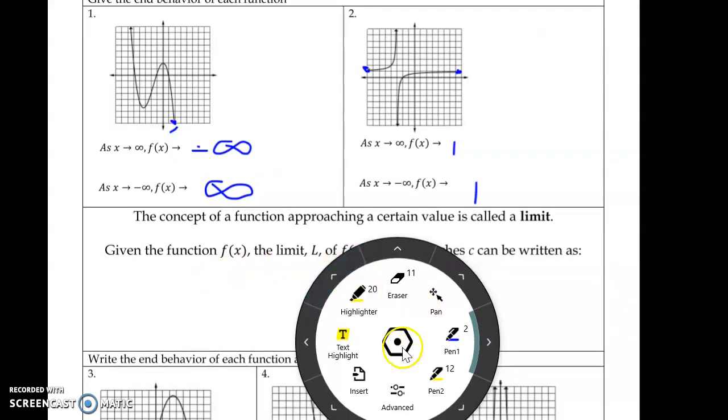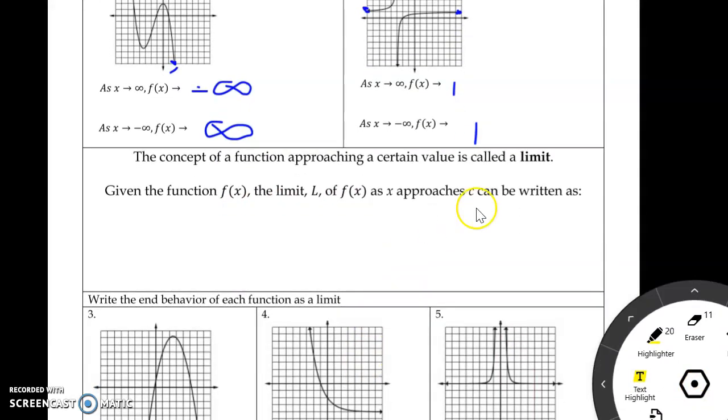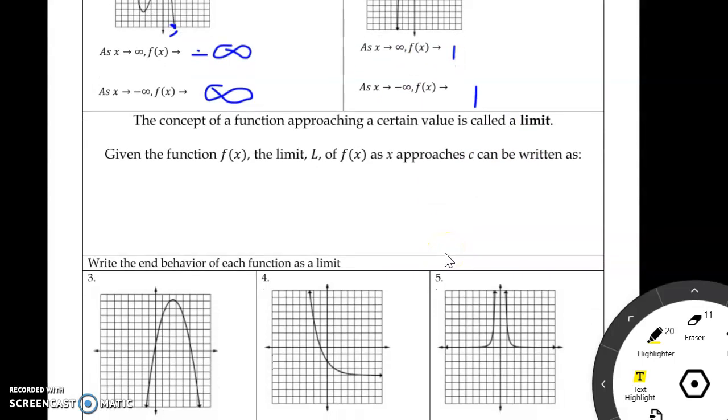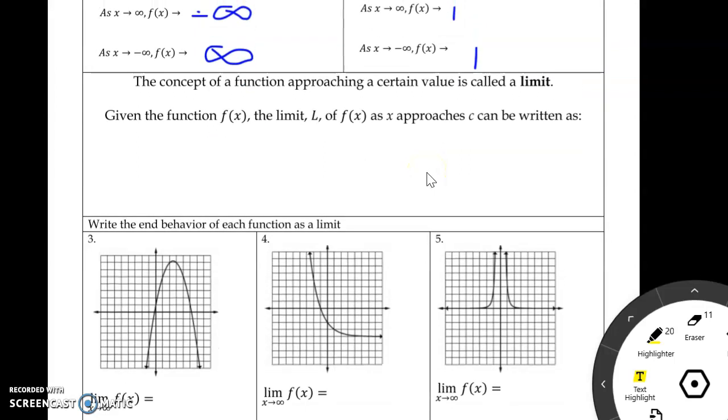And let's keep going. So the concept of a function approaching a certain value is called a limit. Earlier we were just calling it end behavior, but really it's just a limit. So given f of x, the function, the limit L of f of x as x approaches c can be written as